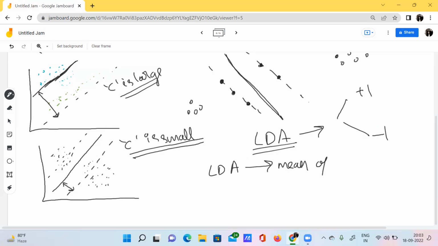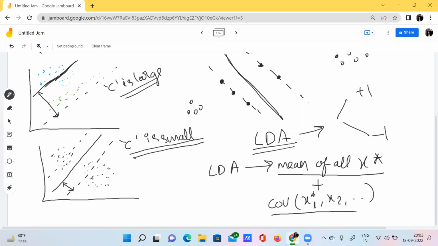It calculates the mean of all the data points, and also it calculates the covariance matrix, using all the data points.